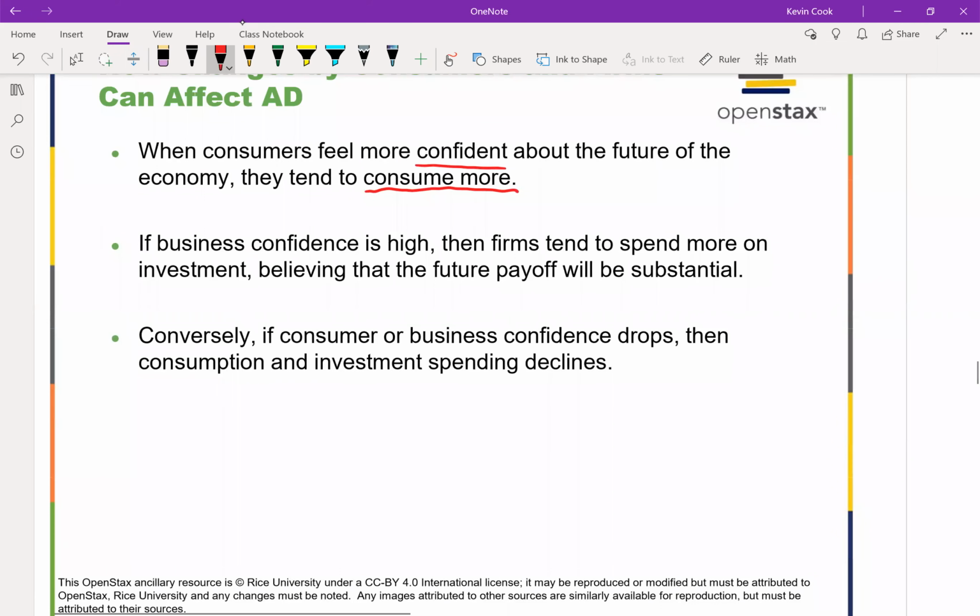And same thing with businesses. If they're confident, then they'll spend more on their investments. And if our confidence is low, then consumption and investment will decline. So when we shift aggregate demand,